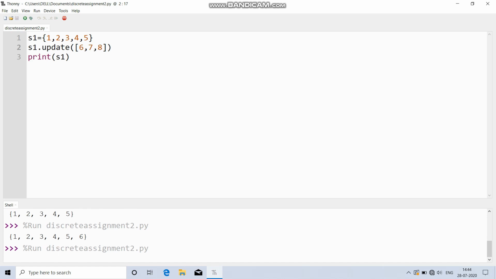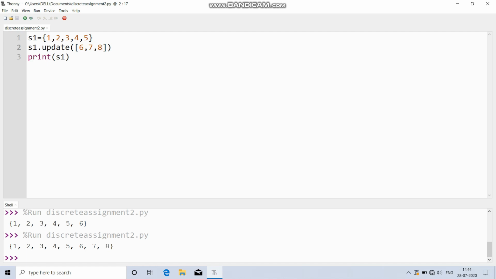And we can update with another set as well. So, if I take another set S2, I am going to add 7, 8, 9 to this set. Now, let's update the set with S2.